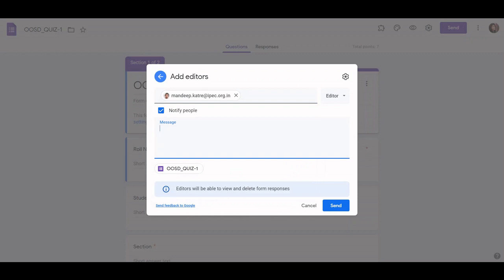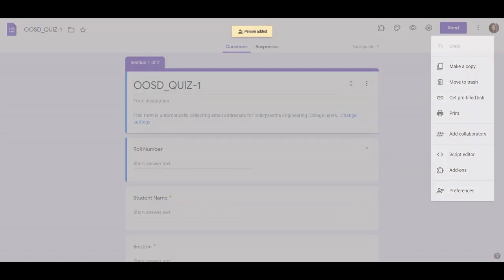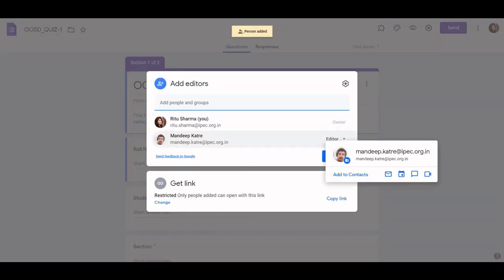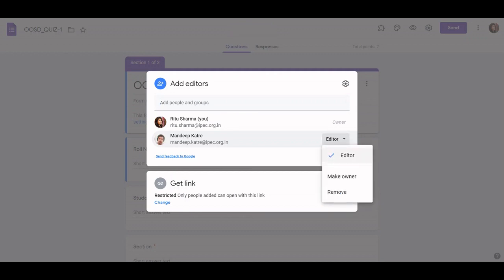Fine, so editors will be able to view and delete form responses. Okay, so this is how they will get the notification regarding this. Now if you want to make that particular person the owner, after clicking add editors you will look up the options. Click on the editor, then there will be the options editor, make owner, or remove.